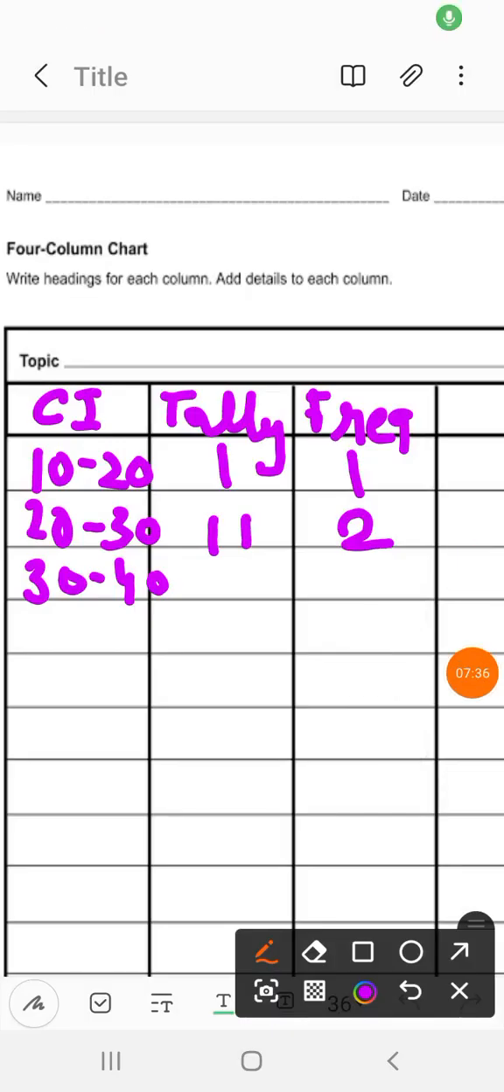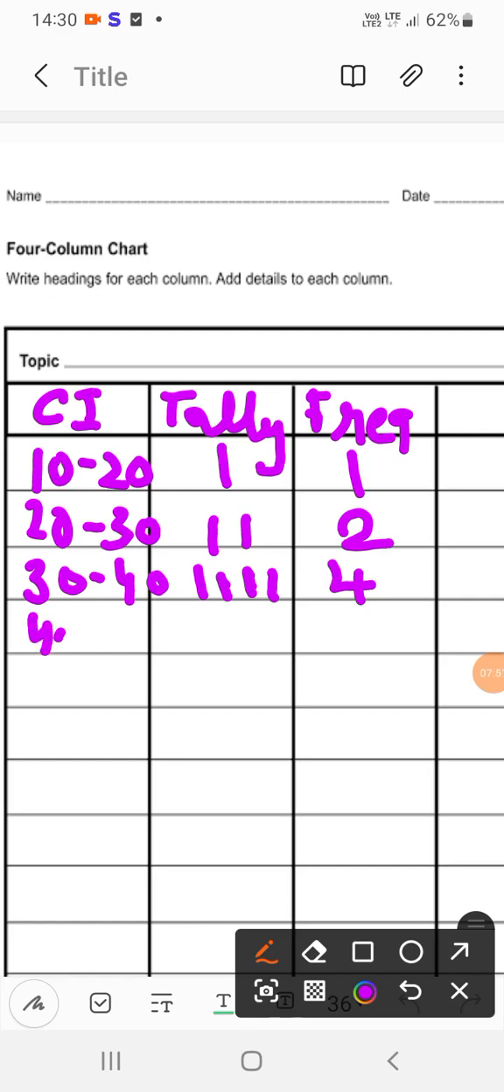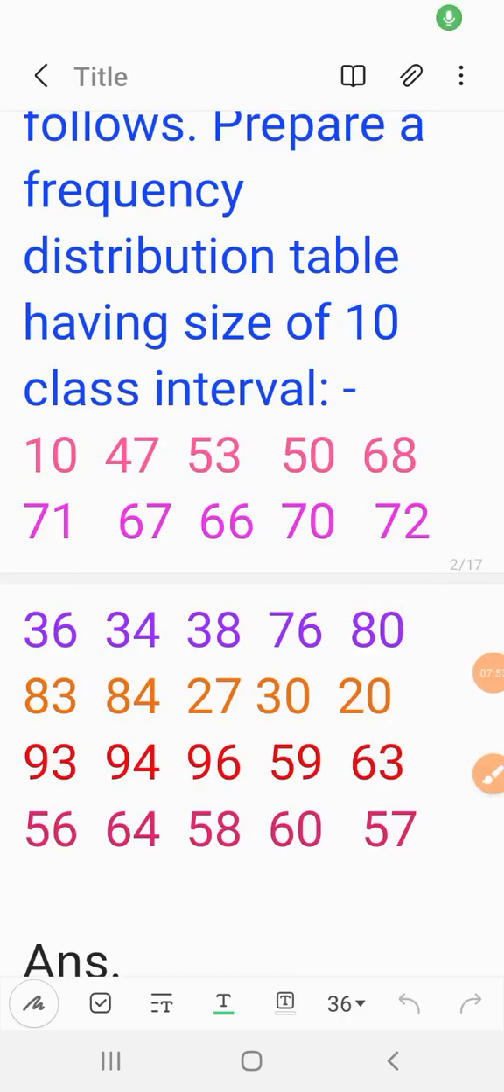So the tally for the 30 to 40 class interval would be 4, and the frequency would also be 4. Now we have to find for the class interval of 40 to 50. So the numbers between 40 to 50, where 40 is included and 50 is excluded, are this 47,